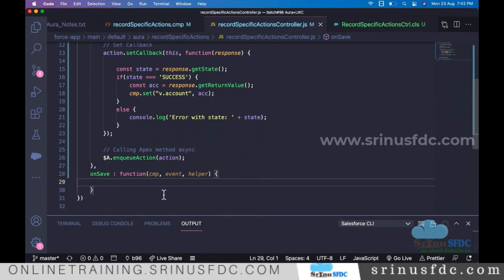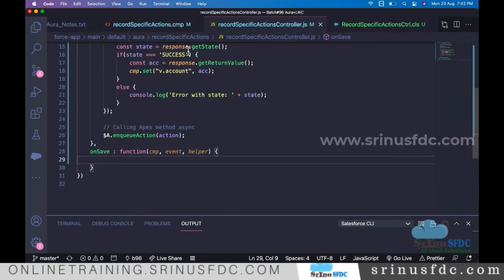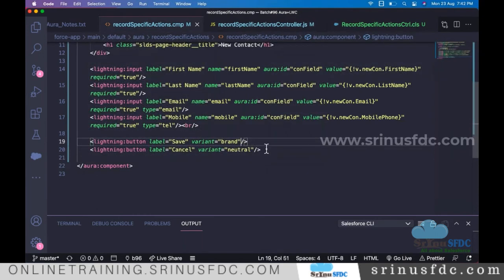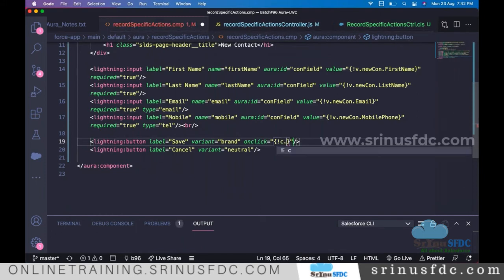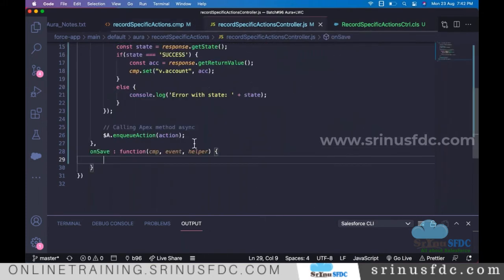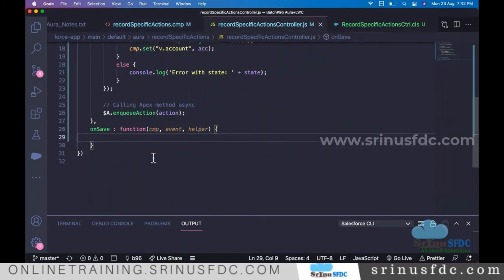Now, to call that function on click, in a dynamic way, c.onSave, right? That's the name of the function. Now clicking on this button is going to call this one, and from here we are going to save this into the database.